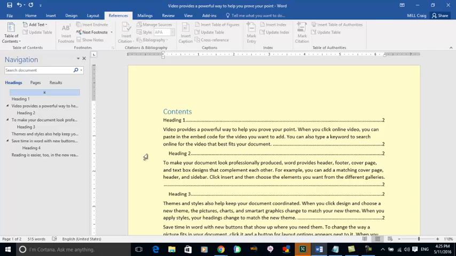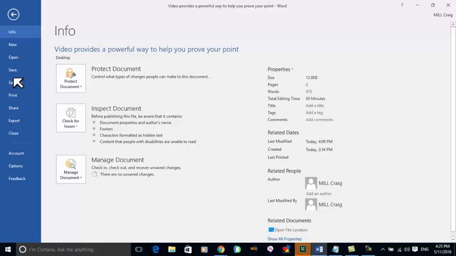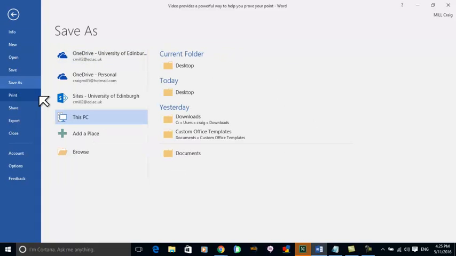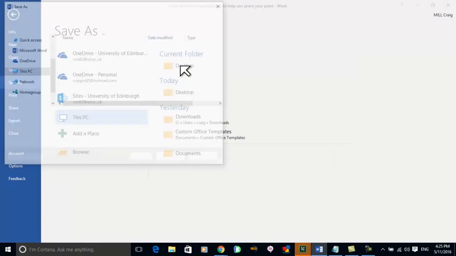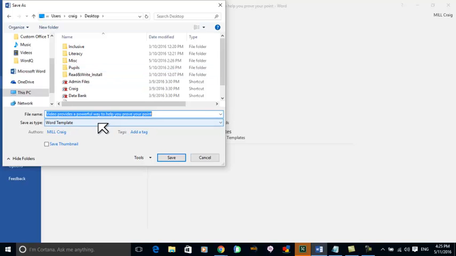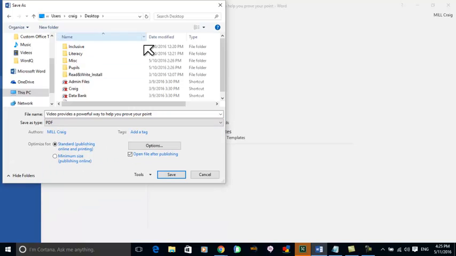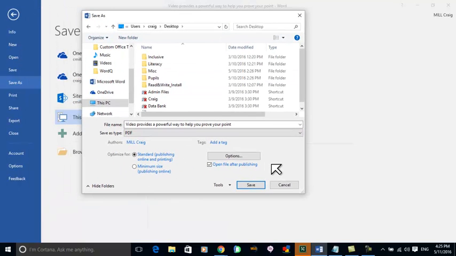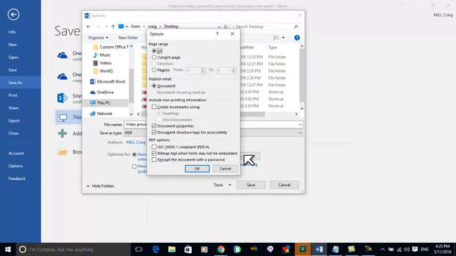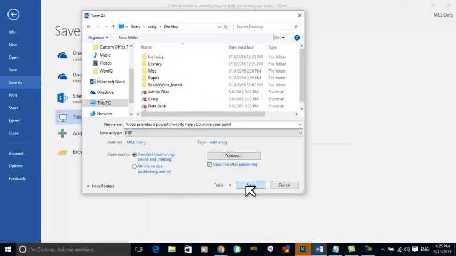And the final thing is, once you have that document, the next stage is when we go to File and you save that document, you might want to save it as a PDF. So if I just save that to my desktop, the other option there, instead of a Word template this time, is I'm going to save it as a PDF. And I want to go into this one here called Options, because what Options allows me to do is use those bookmarks, those headings that I've made. If I check that, create bookmarks using headings, and I say OK to that, and I save that to my desktop,